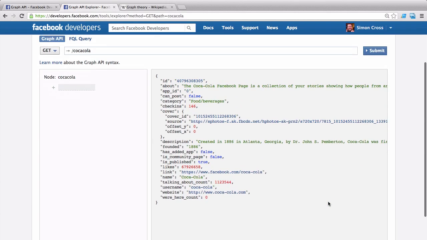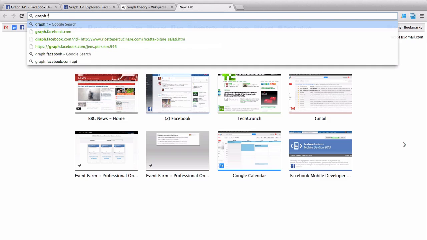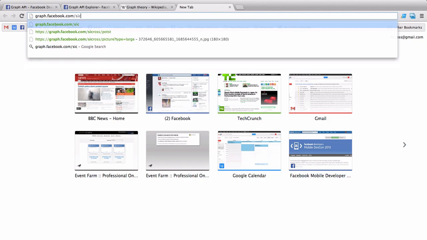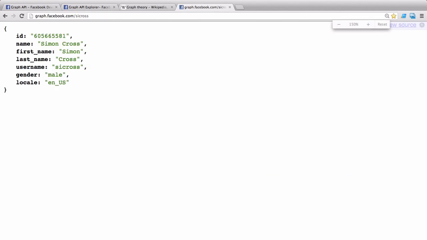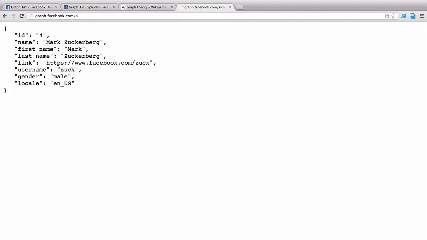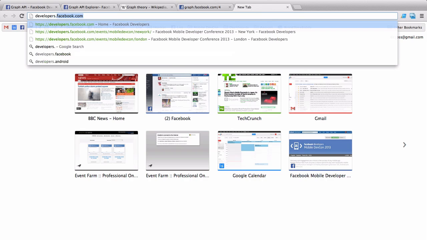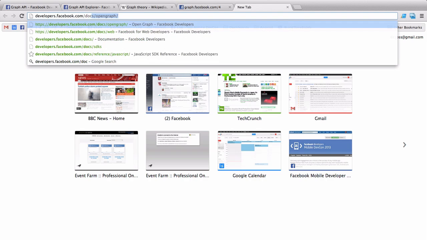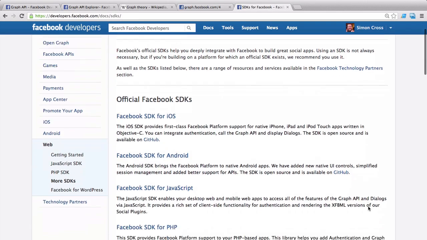The next thing to note is that while we're using the Graph API Explorer, we're actually just making basic HTTP requests to Facebook's servers. We could run any of these queries directly in the browser. As we're just making HTTP calls, it's really easy to integrate the Graph API into any technology stack you're using. You just need an HTTP client library and a library for parsing JSON. However, to make it really easy, there's a bunch of SDKs for popular languages like Ruby, Python, Java, and .NET, which make accessing the Graph API super simple from within your code. There's a list of these SDKs at